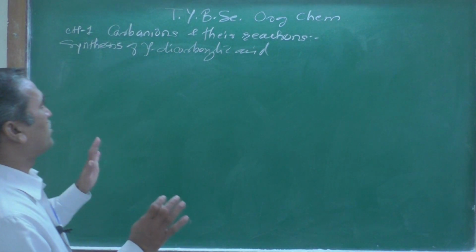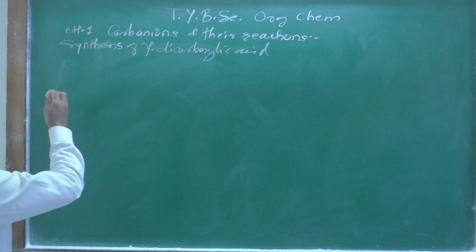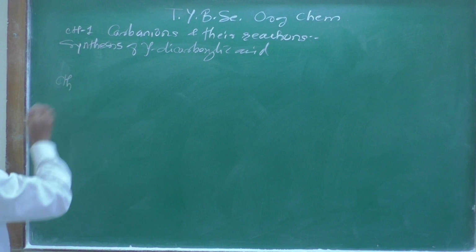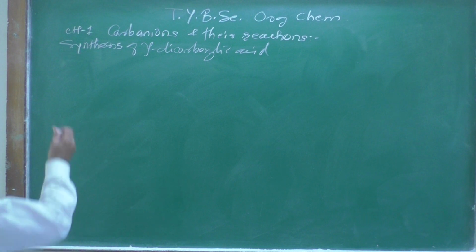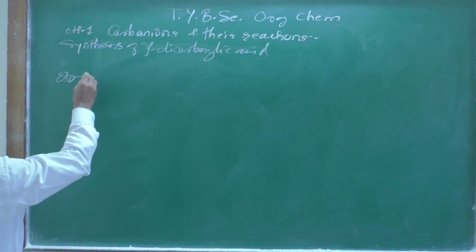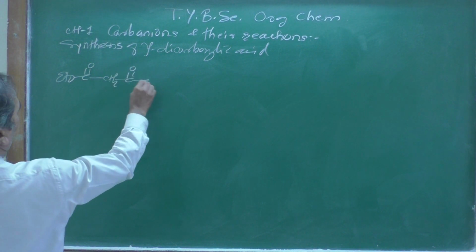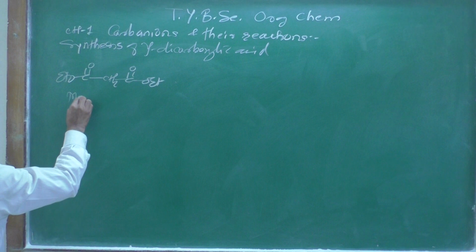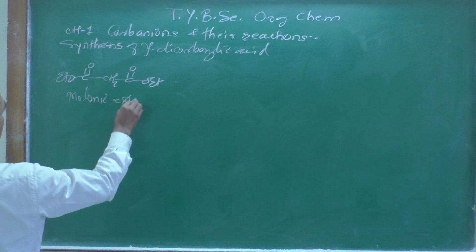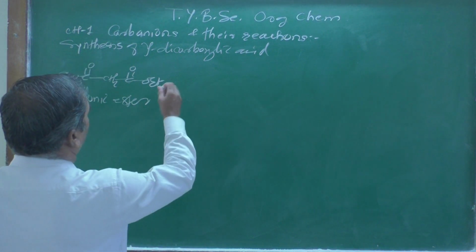Let me write how to prepare dicarboxylic acid in the laboratory starting from the malonic ester. Everyone knows the structure of the malonic ester: EtO, then C double bond O, then CH2, then C double bond O, Et. This is the structure of malonic ester, and this malonic ester is further treated with